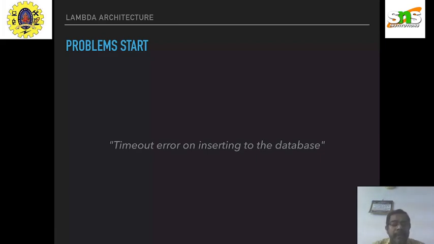That will lead to timeout errors. So when I am seriously working with a huge volume of data and facing this kind of error,